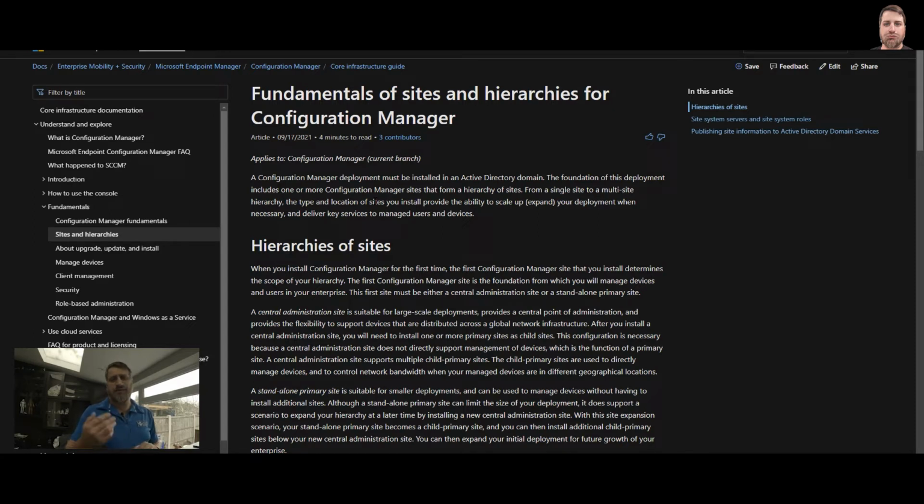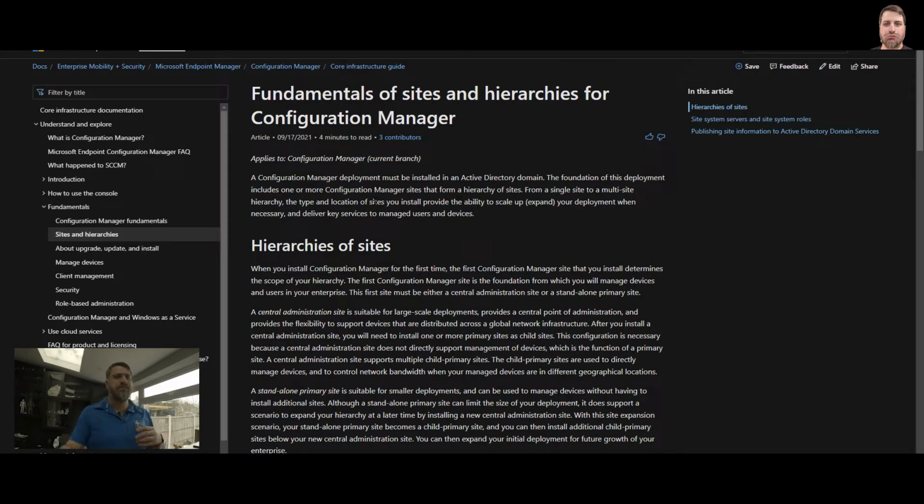The second one is the secondary site, a child of the primary site that will be able to, between quotes, manage a subset of the primary site's devices. Kind of a proxy, let's say. And the third one is the CAS server, which is at the top of the hierarchy and doesn't manage anything but connects multiple sites together. If you think about numbers, if you have more than 150,000 devices, you will need a CAS